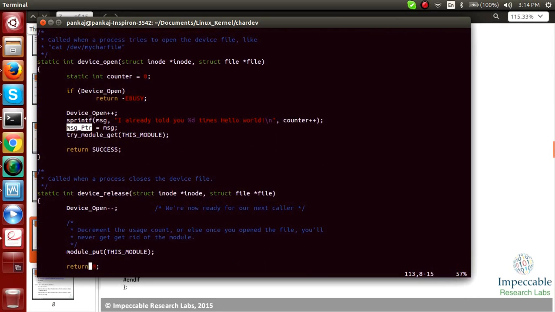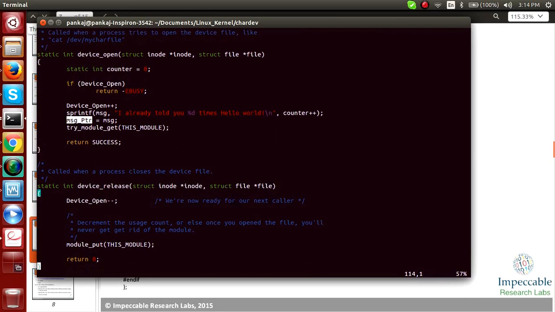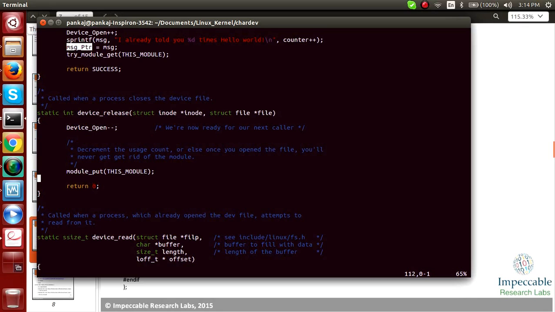Okay, device release, what it does is a module put. So it basically removes this particular module from the kernel space.